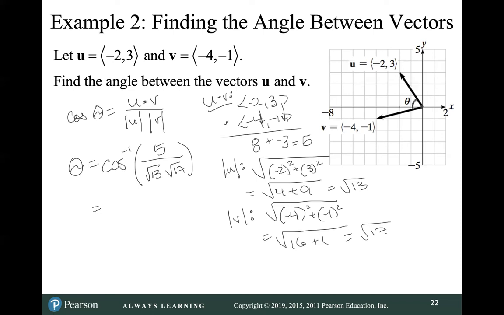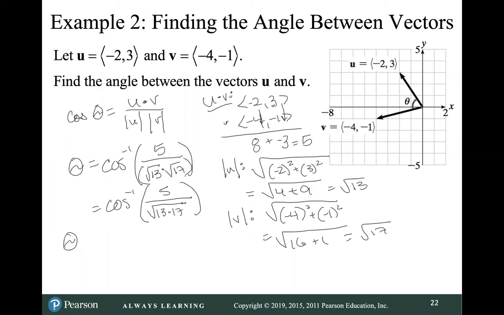Make sure you're using cosine inverse. So that's second cosine, 5 divided by parentheses, square root of 13 times the square root of 17. If you're worried about your parentheses in the denominator, we know that by the property of square roots we can multiply. So cosine inverse of 5 divided by, I can also write this as the square root of 13 times 17. Then I don't have to worry as much about parentheses because I have just a single factor in the numerator and the denominator. Making sure I'm in degree mode,